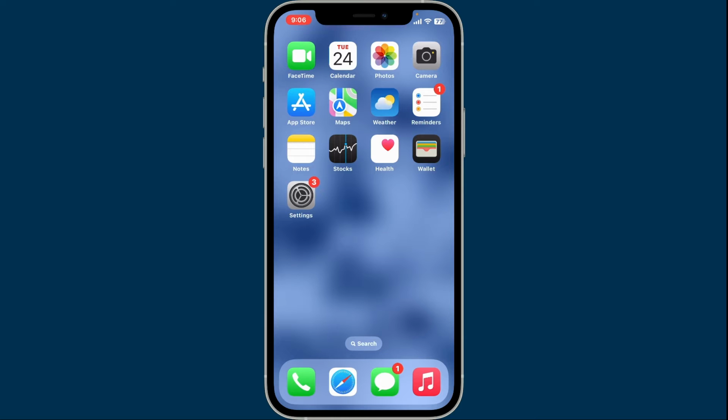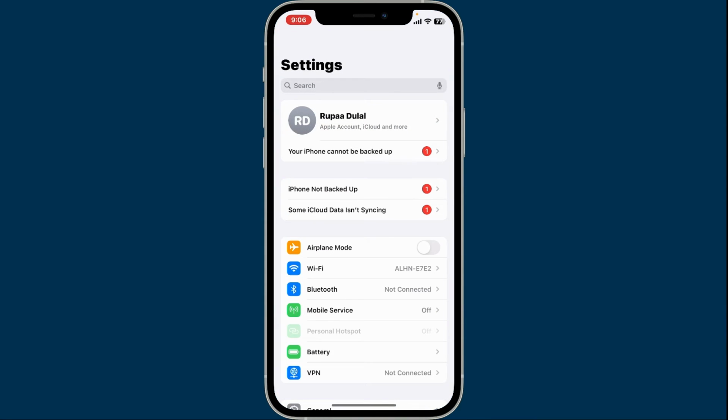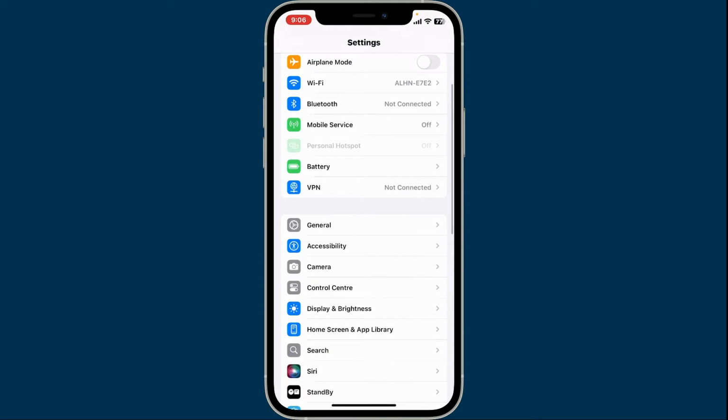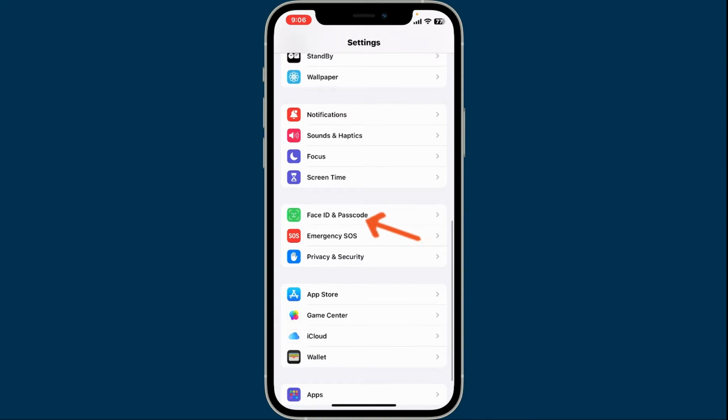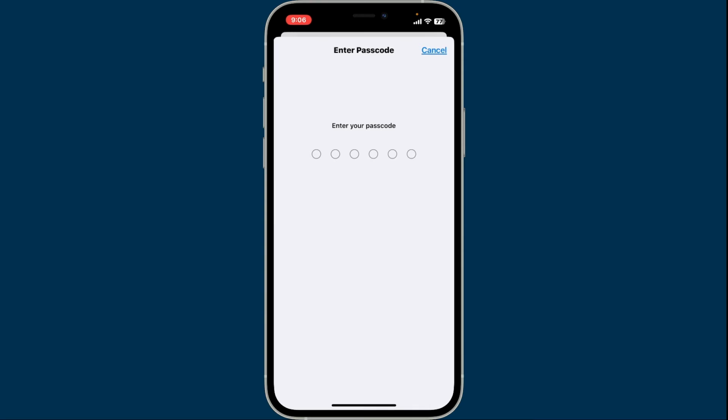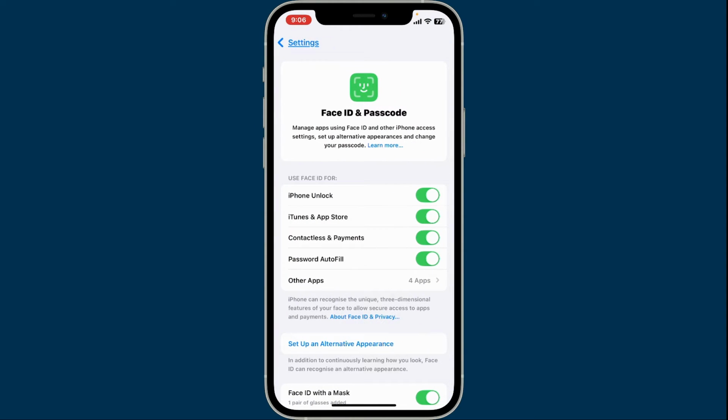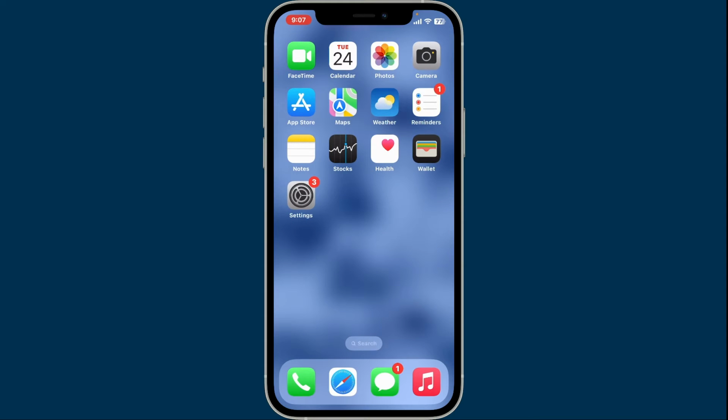Simply go ahead and tap open the Settings app, and from the Settings menu, scroll down and tap on Face ID and Passcode. Follow through the instructions and set up your passcode or Face ID. After you follow the instructions to set up your Face ID, you will then need to go ahead and get